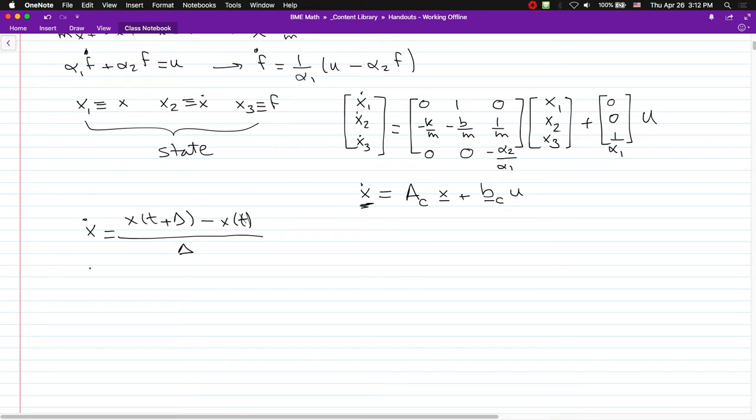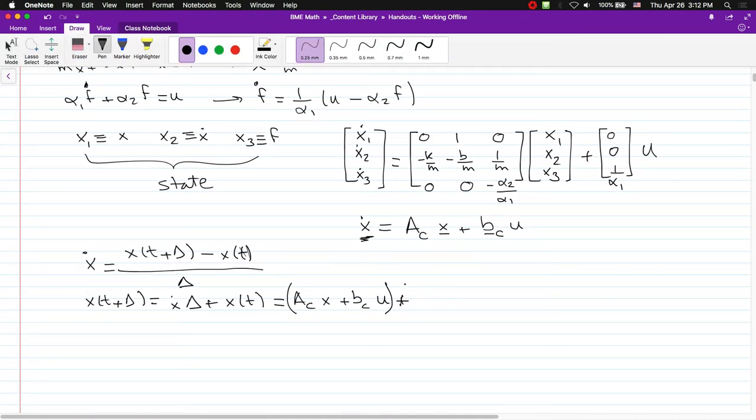So that means that x at time t plus delta is x dot times delta plus x of t, which is equal to A continuous times x plus B continuous times u, times delta, plus x of t,